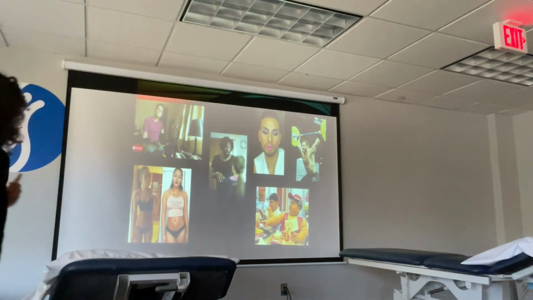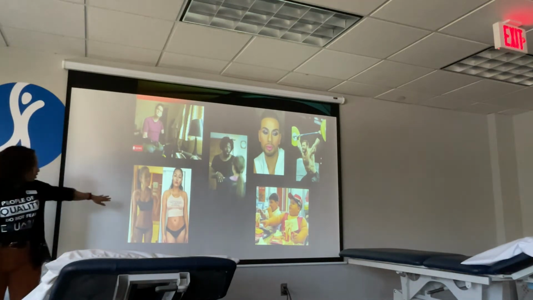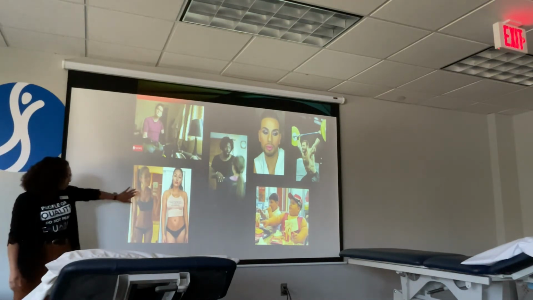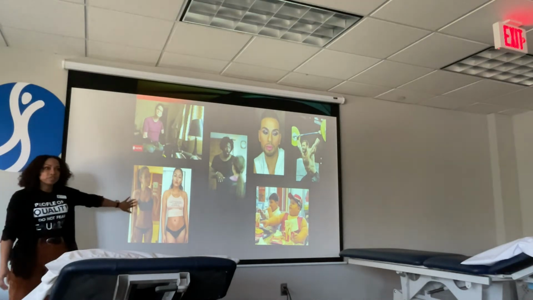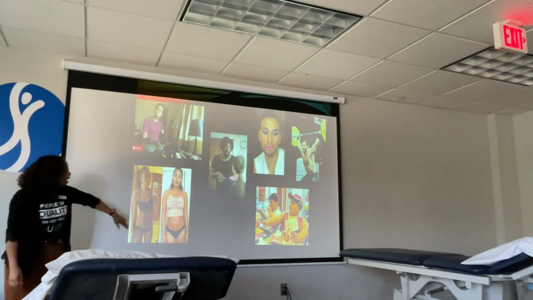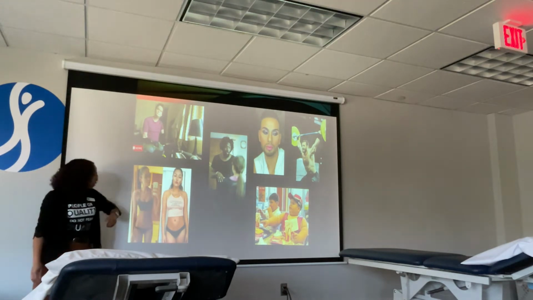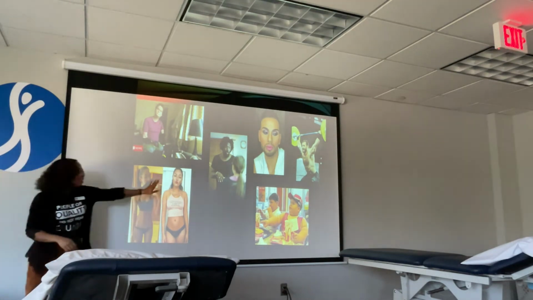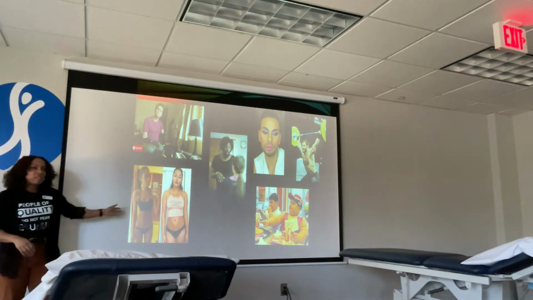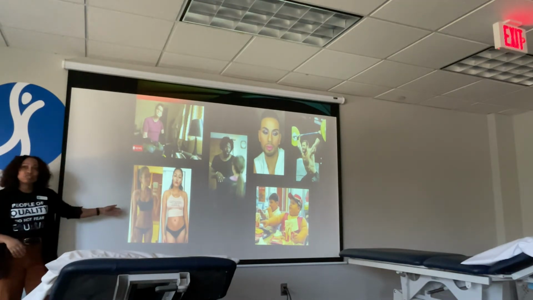So again, I just want to point out a couple of things here. This young woman, on this side of the image, is in the midst of a battle with an eating disorder, struggling with anorexia nervosa. And then on this side, she is recovering. Some people might glance at it and say, oh man, she's so skinny, if they only saw that left side, and they may not realize what she's struggling with.